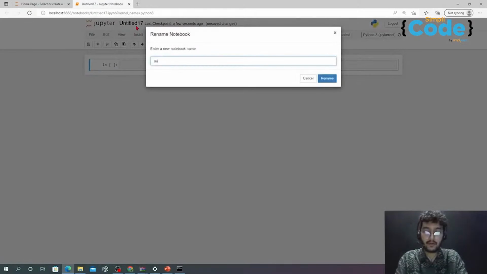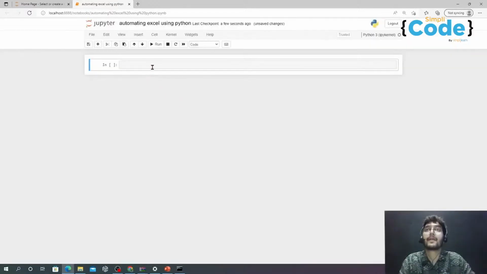We will write Automating Excel using Python. Okay, so the first one is OpenPyXL. I have to write import openpyxl. A Python package called OpenPyXL can read and write Excel 2010 xlsx format, xlsm, xltx and